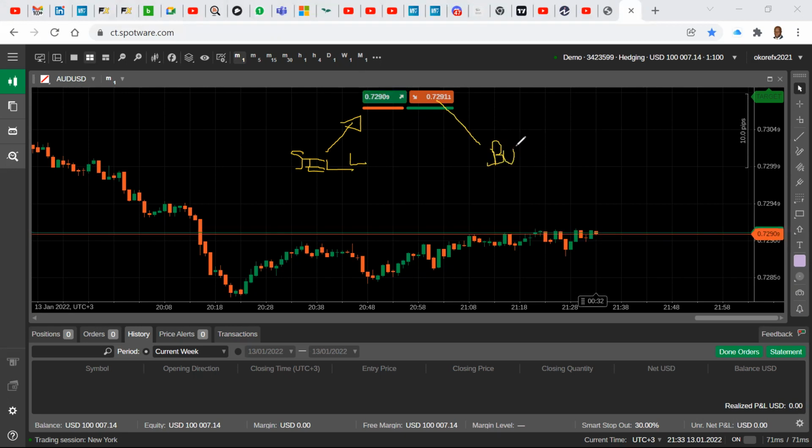So once you decide that you want to buy, you just click up here. If you decide you want to sell, you click up there, okay? But you have already set your position. All right, so I'm gonna remove that. So we have set that already, 0.01.